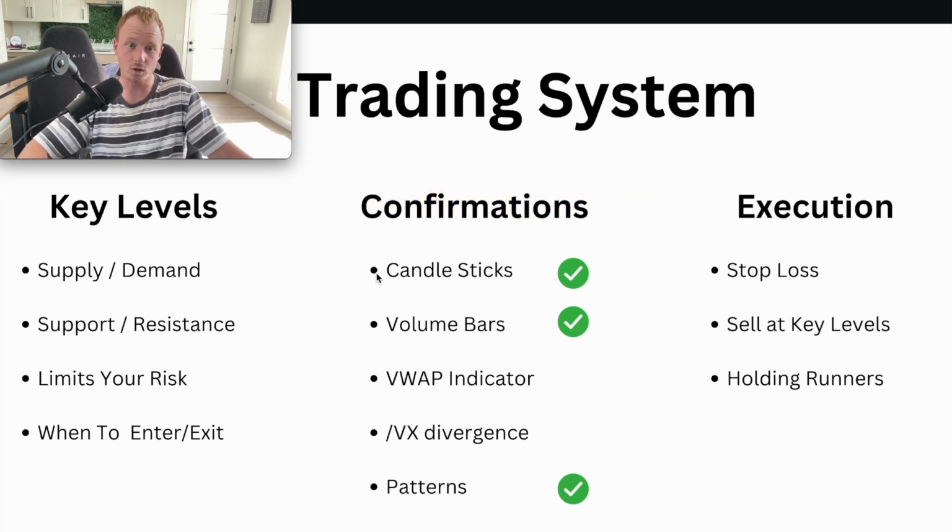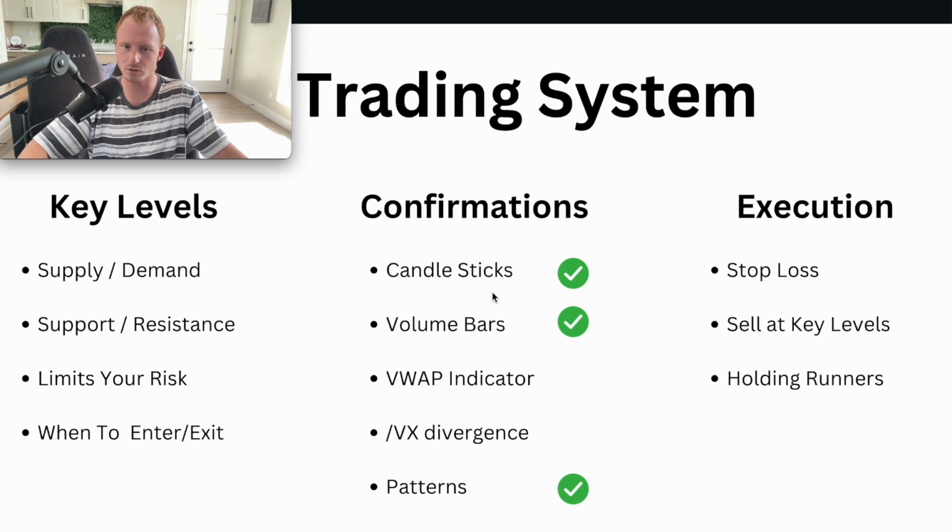First thing is candlesticks. Next thing is volume bars. This is everything around price action. We also have the VWAP indicator I like to use. VIX divergence is another good one you can use. And also patterns. Notice how if we have three of these, we can go ahead and take the trade. Now, once you have confirmations,